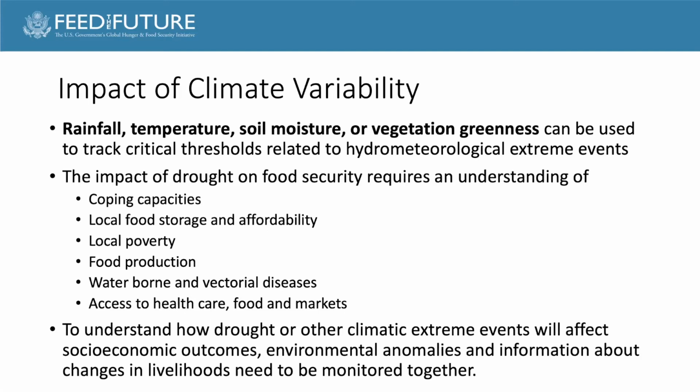To understand how drought and other climatic extremes affect the income and social outcomes of people living in the area where they happen, we need to measure the environmental anomalies from space together with changes in livelihoods. So going back to my example, my household, our income comes from universities and from locations far away from where the drought occurs. But my neighbor, who is a farmer, who gets a large part of his income from farming,